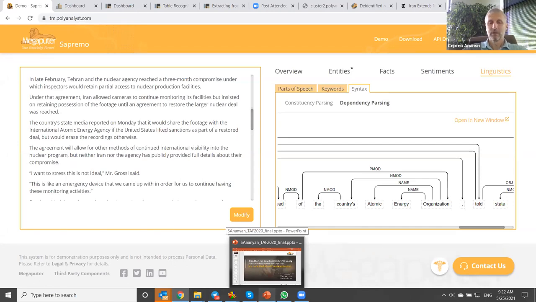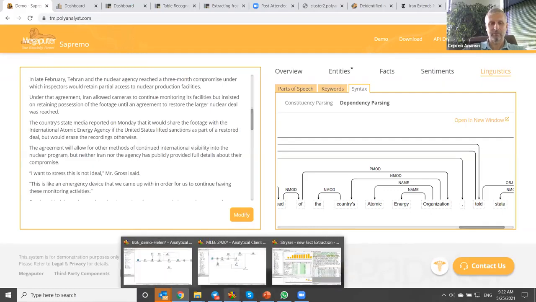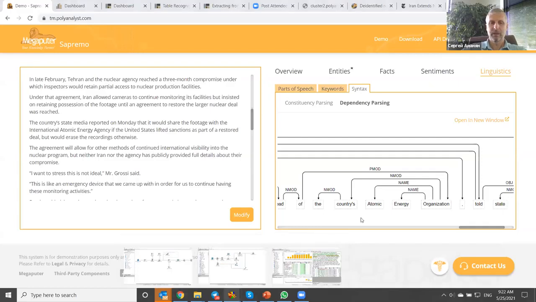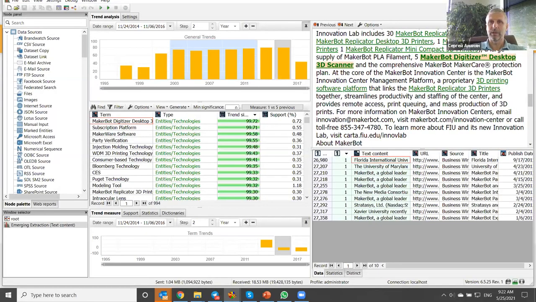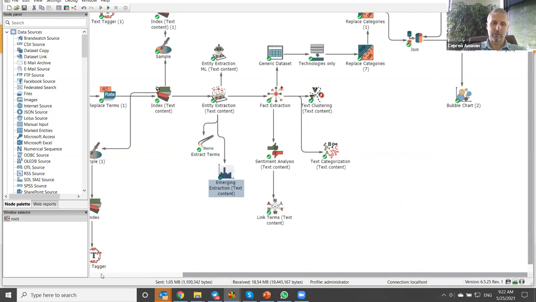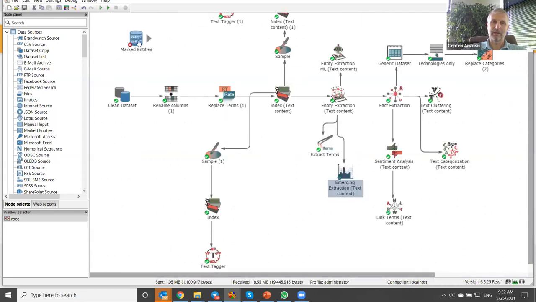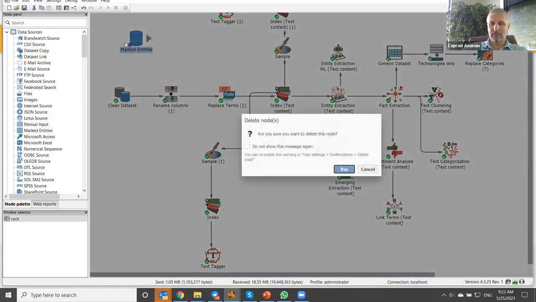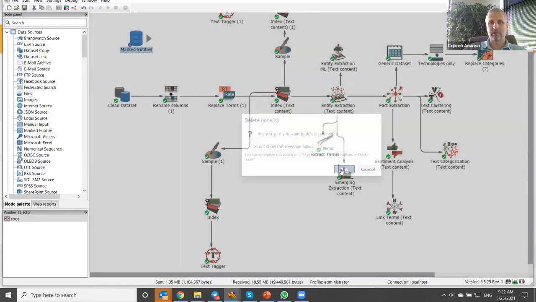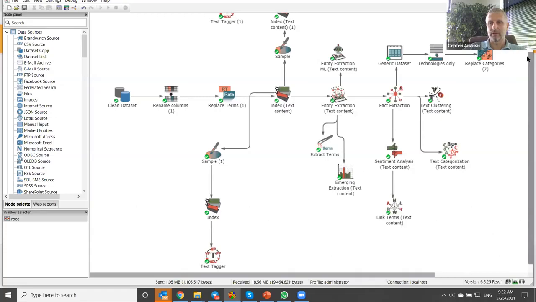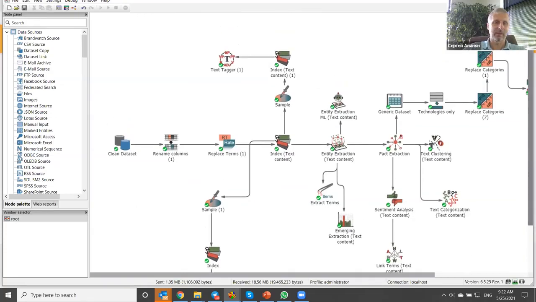All right, so let me first show you the system that we have, and then we can go through some slides. What you see is the main interface of the PolyAnalyst data and text mining system.